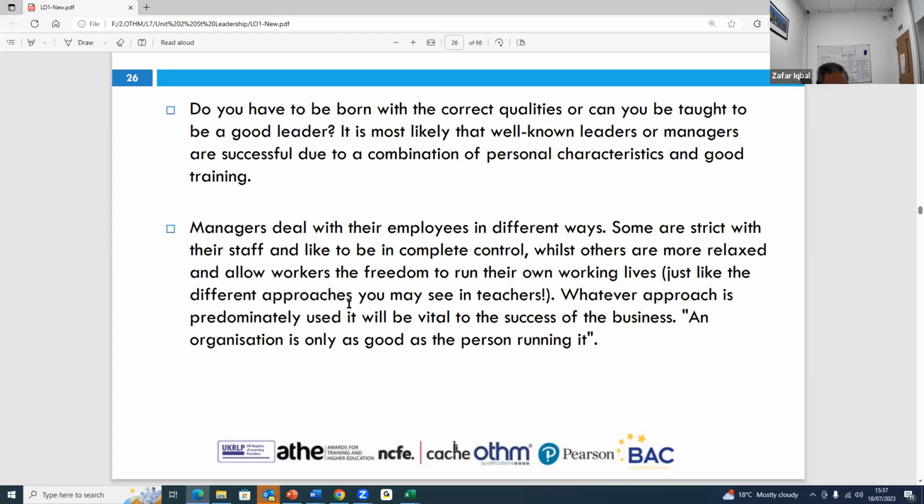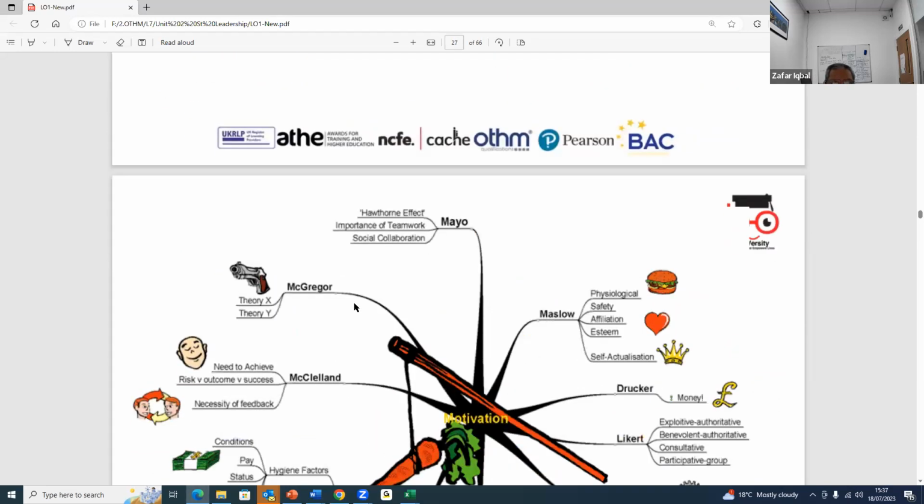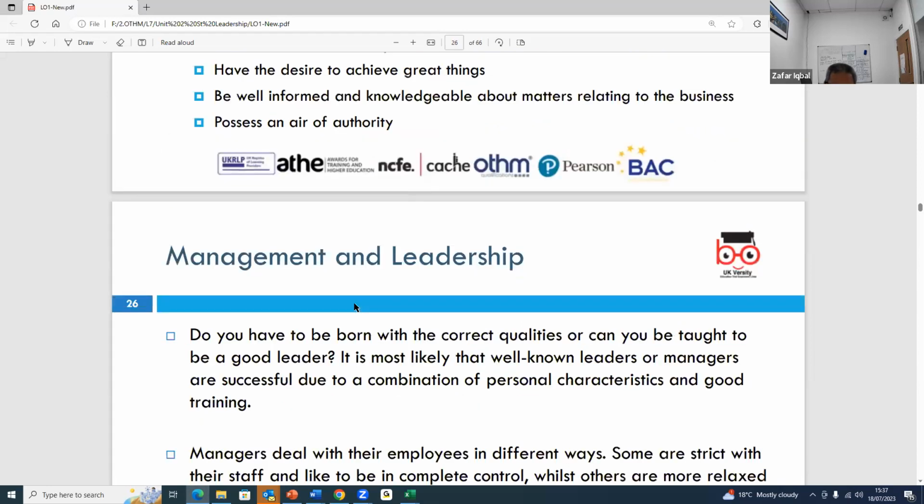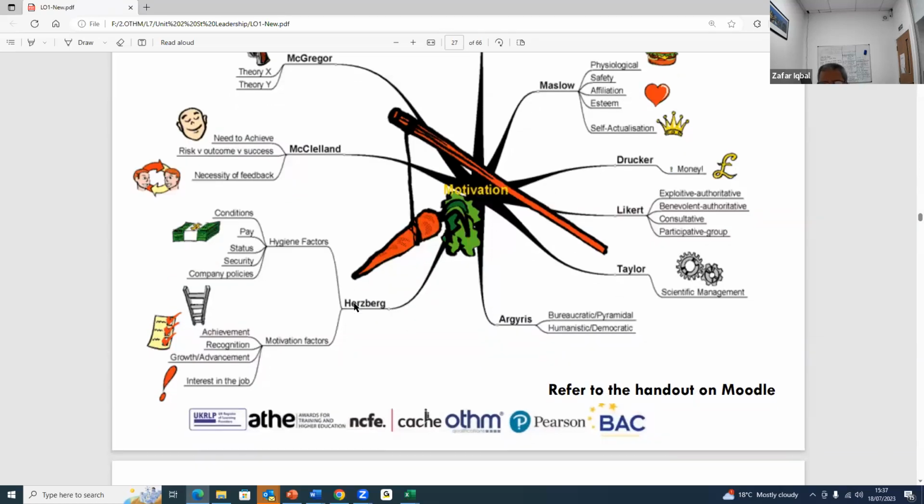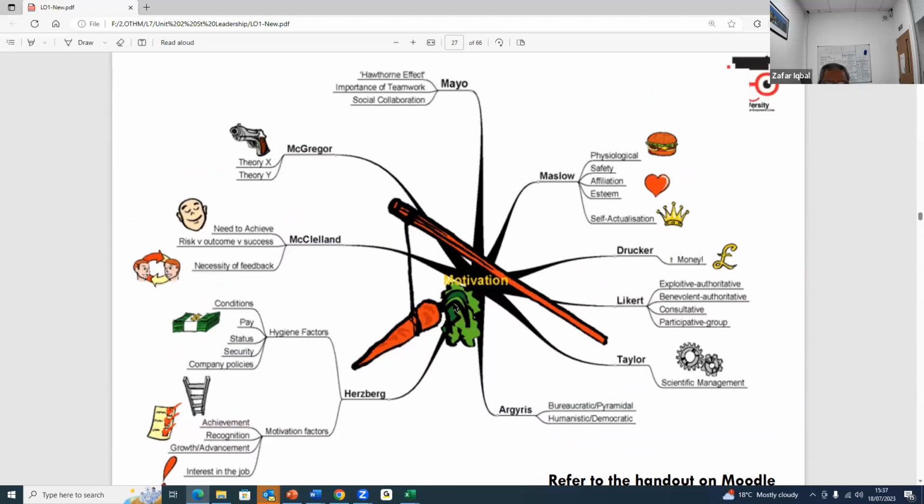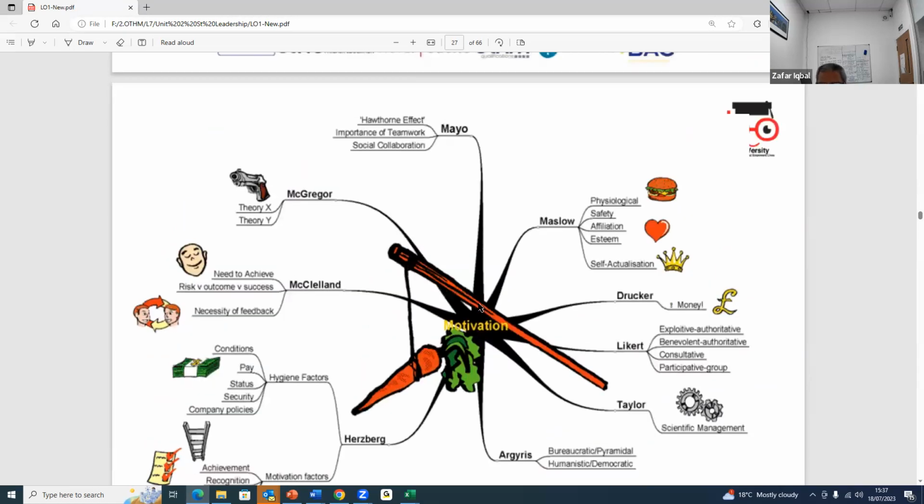Right. So what we're saying is an organization is only as good as the person running it. We need to make sure that we understand the differences between managers and leaders. And of course, there's a handout on the Moodle which refers to the theories of motivation and theories of development, and how leadership has developed over the years from the early 1900s to later on, taking the scientific management and development of leadership style